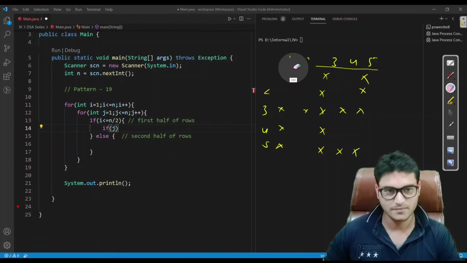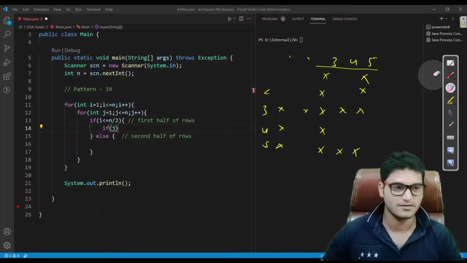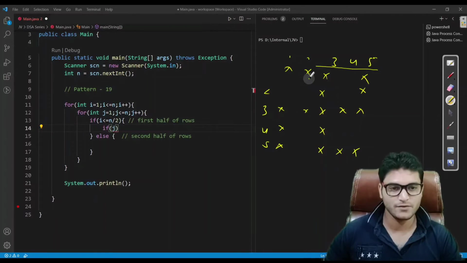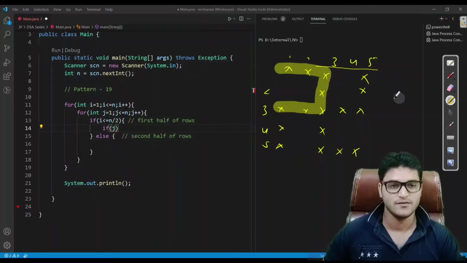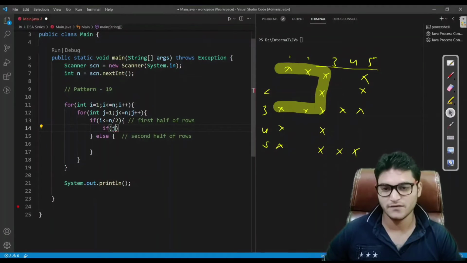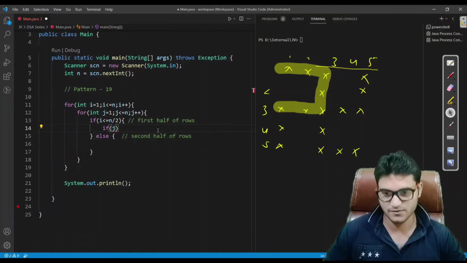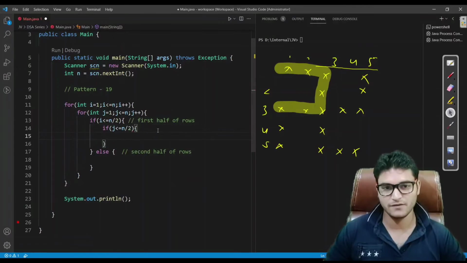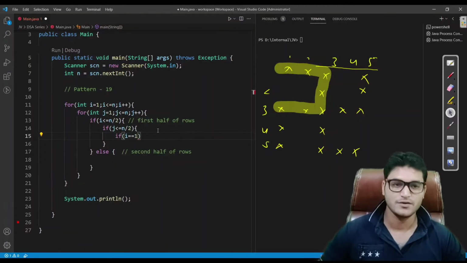Sorry, okay, so there is no undo here. Let me write it again. So what we have to do, we have to print star for this section for now. Fine. So we are looking at this section only. So let's see what I am going to write. If we are in the first half of the column, so if j is less than or equal to n by 2, that means we are in the first half of the column also. Then what we have to print, then we'll check if i is 1, which is this one,